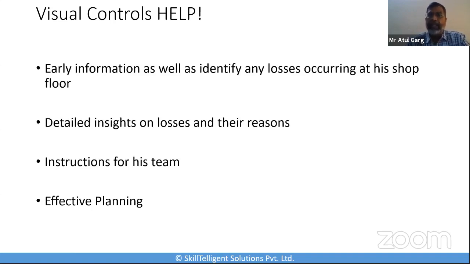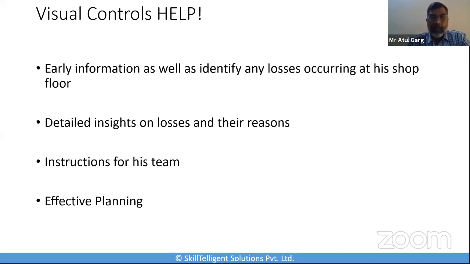Now he knows that the material feed into his machine is not happening, and that's why the operator is waiting. So he can do the line balancing and ensure that material keeps flowing to his machine regularly, and the operator doesn't have to stop. Right? That is where these visual controls start helping him to plan better. And when he puts this information on his planning boards, his team can review and identify the areas where planning can improve productivity.